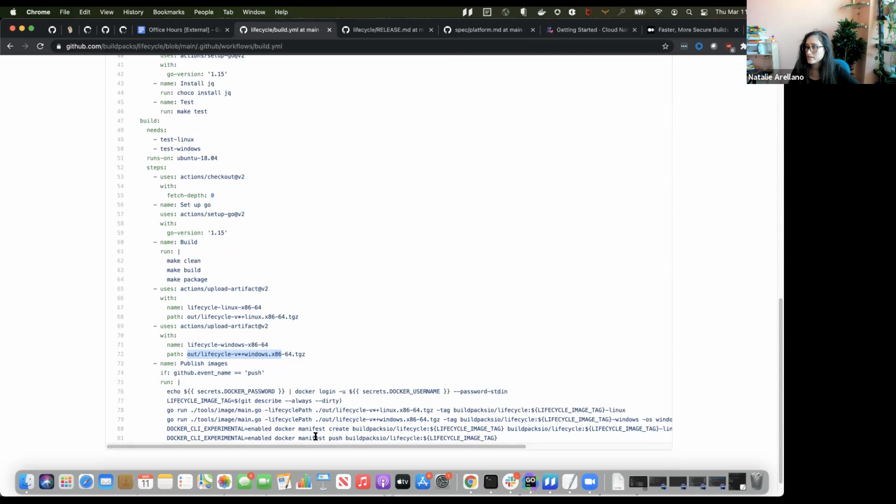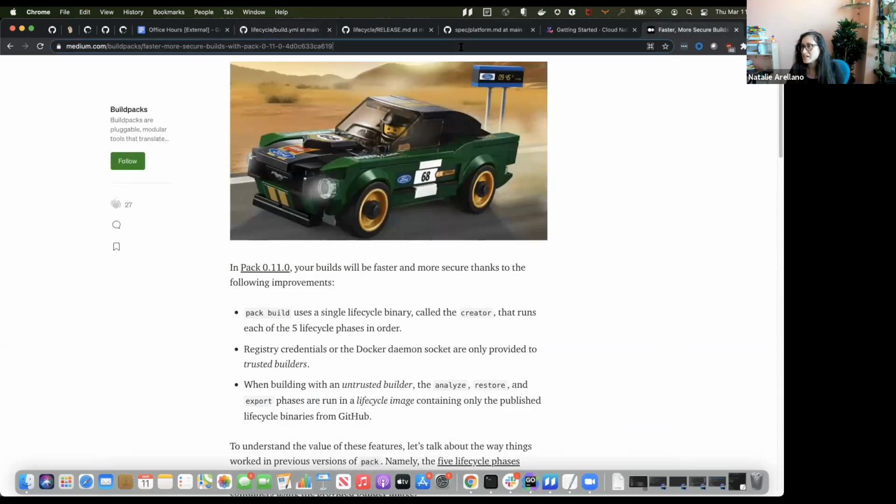Then to answer Javier's question, after all of that has happened, we publish the lifecycle image, which if you don't know what that is, I'm going to shamelessly plug a blog post that I wrote.